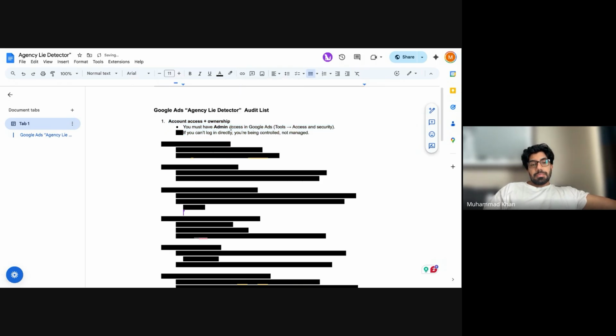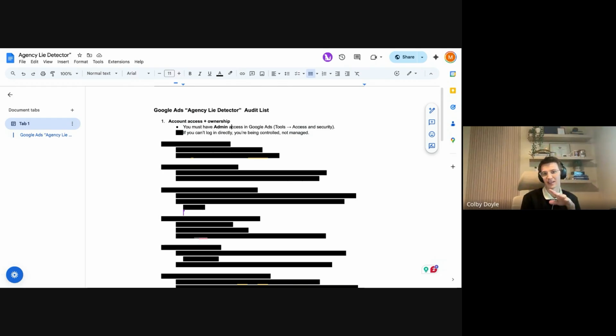Account ownership. I'm very annoying about this because I've had situations where clients or people come to me and say, yeah, let's move on, but then they don't have access to any of these resources. These are large corporate businesses, and I've had to start with completely fresh accounts. So if anybody ever tells you they own the account or any of your assets, no. It's the biggest red flag. It is your intellectual property.